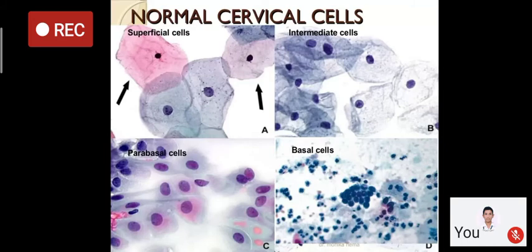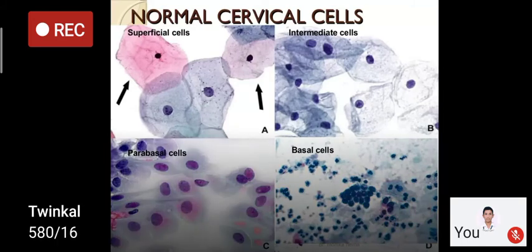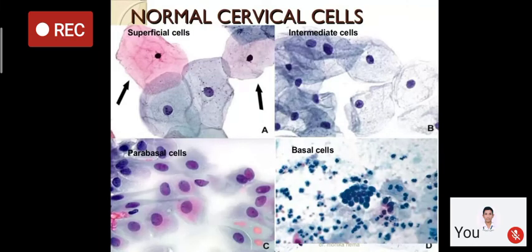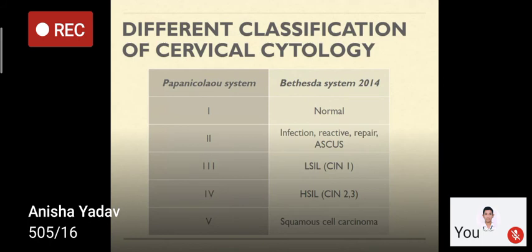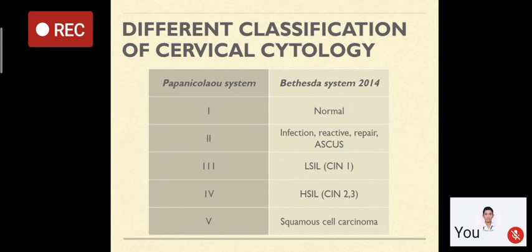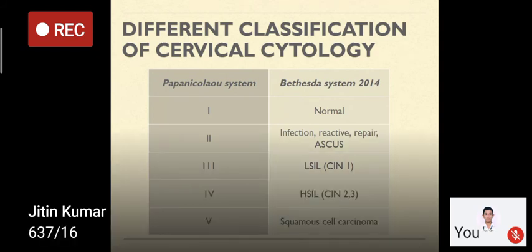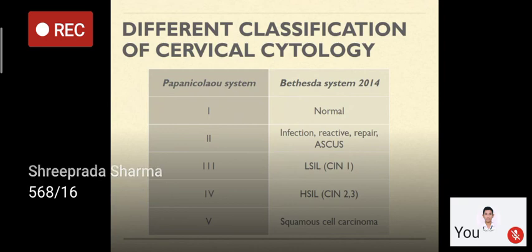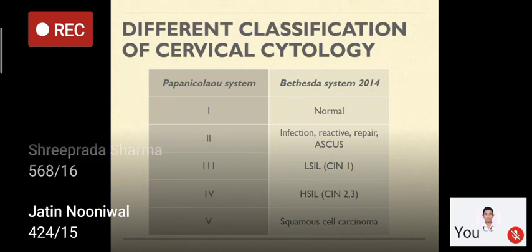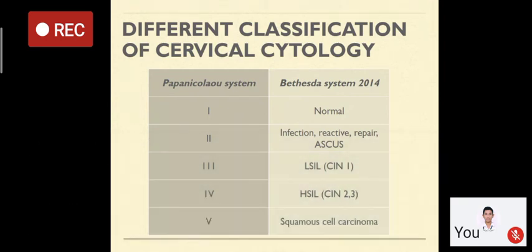Now, what do we see on the pap smear? These are the superficial cells, intermediate cells, parabasal cells, and basal cells. These are the various types of normal cells which can be seen on pap smear. Now, how do we interpret the results of the pap smear? Pap smear can be shown as normal, or atypical cells of undetermined significance, which can be infection or reactive cells or repair cells,